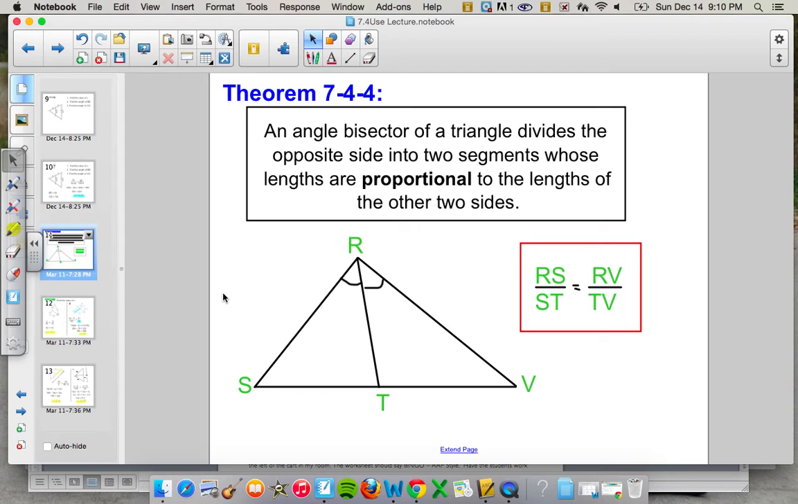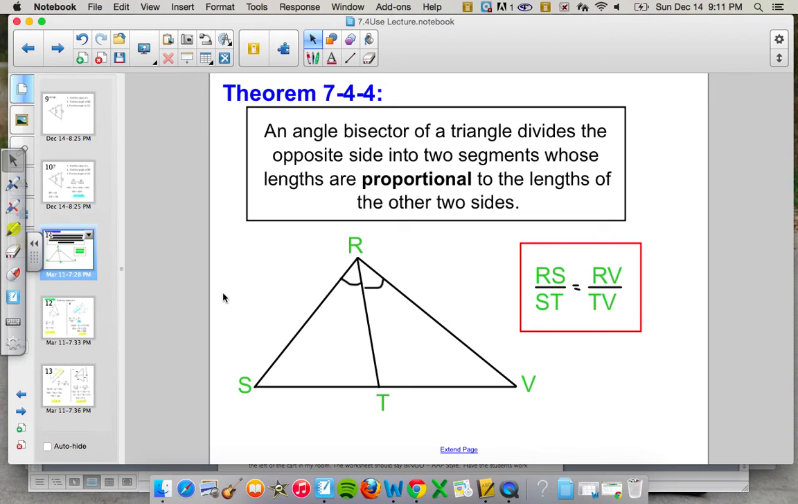This is the theorem that we're going to talk about today. This is the angle bisector theorem. What it's saying is if you have an angle bisector of a triangle, this angle bisector is going to divide the opposite sides into two segments whose lengths will be proportional to the other two sides. So one way to write this proportion would be in this diagram, RS to ST